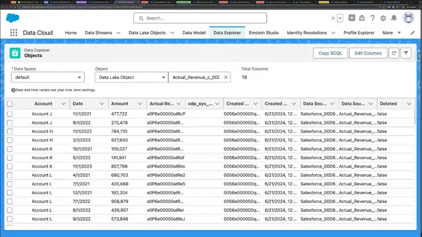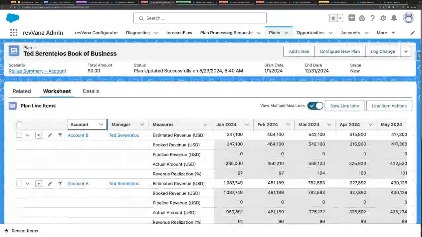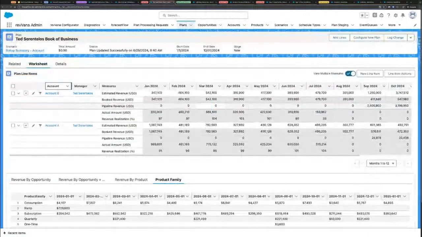And again, your actual revenue can be at any granularity. Right now, what you are looking at is account level revenue for whatever 3-4 years that you see. But this is how it's going to be loaded in Data Cloud, and we're going to leverage this and convert it into something that a lot of you must be familiar with, a book of business plan. This is the output that we are after.